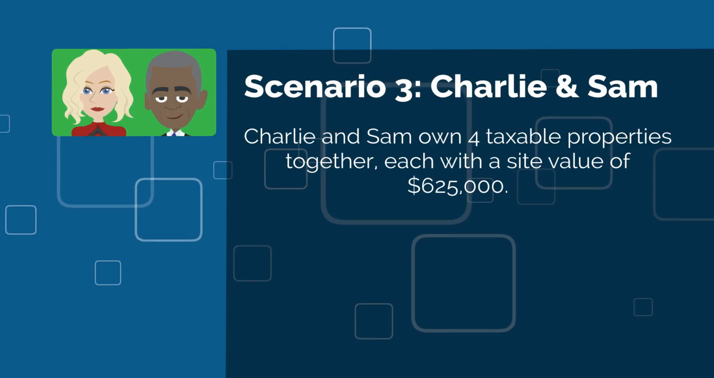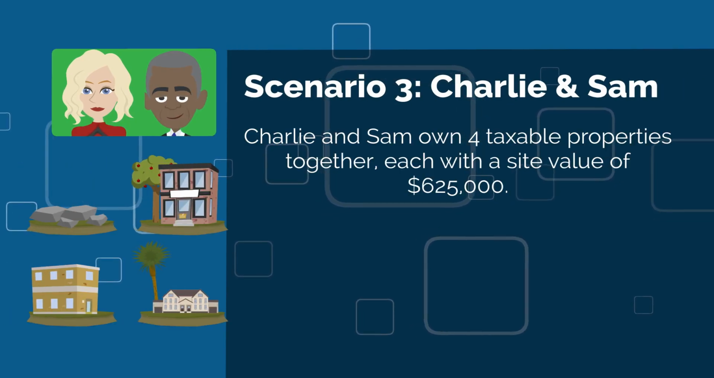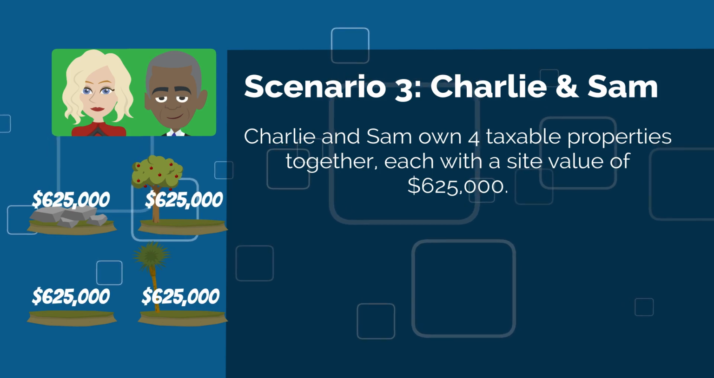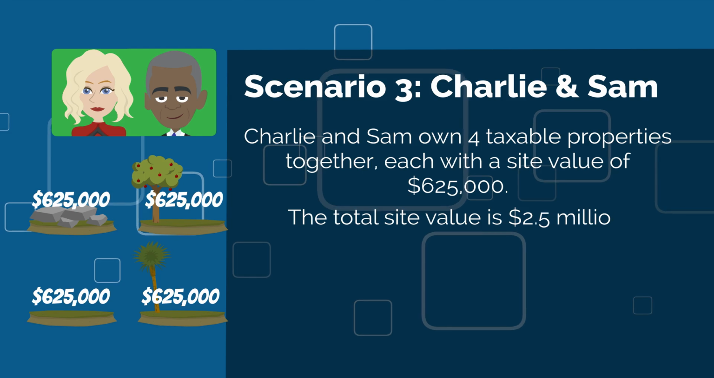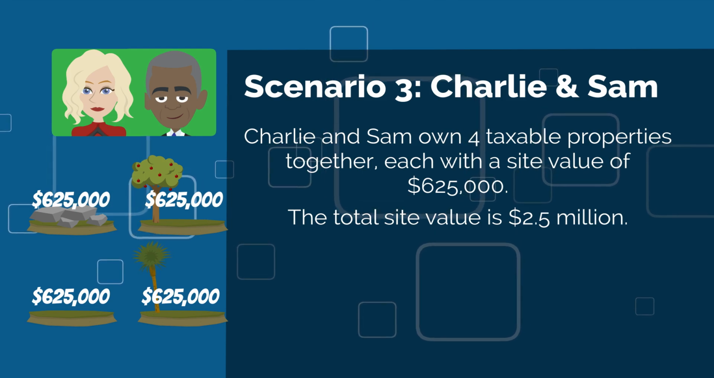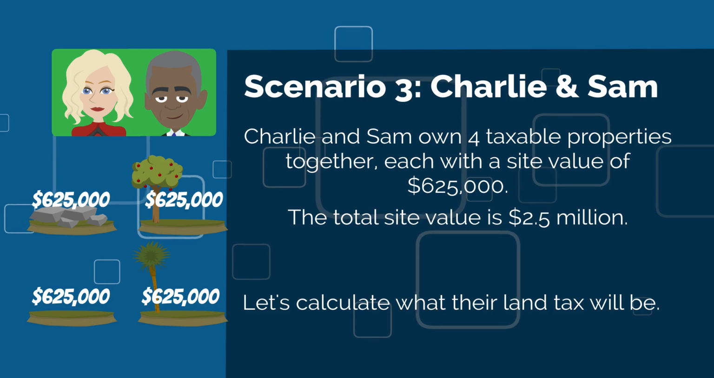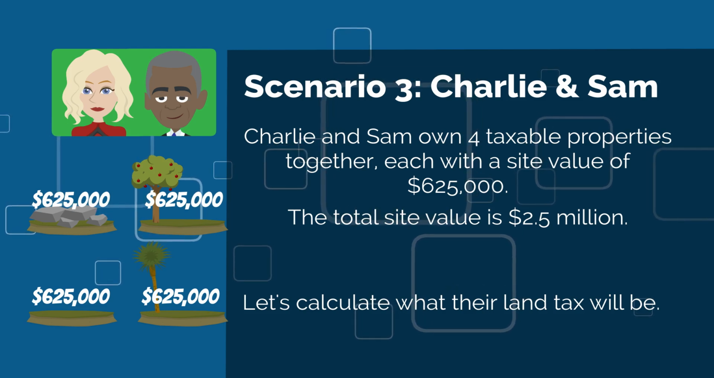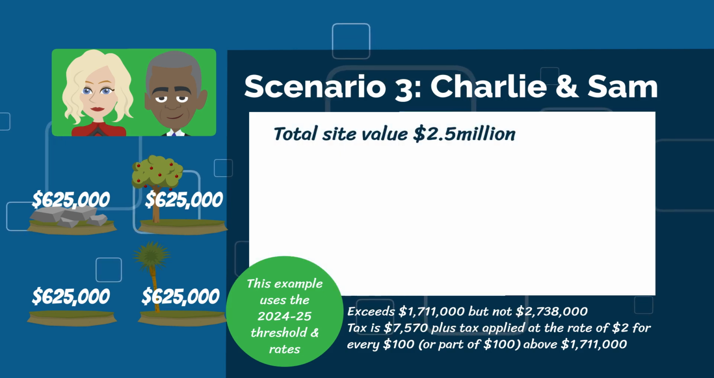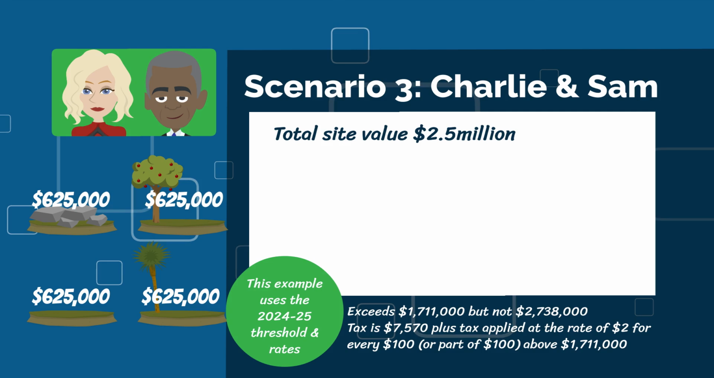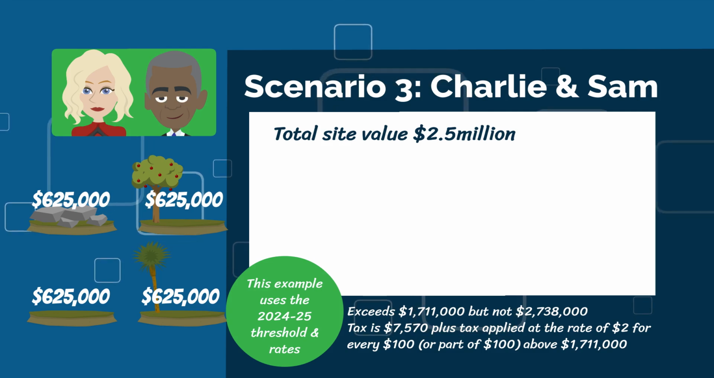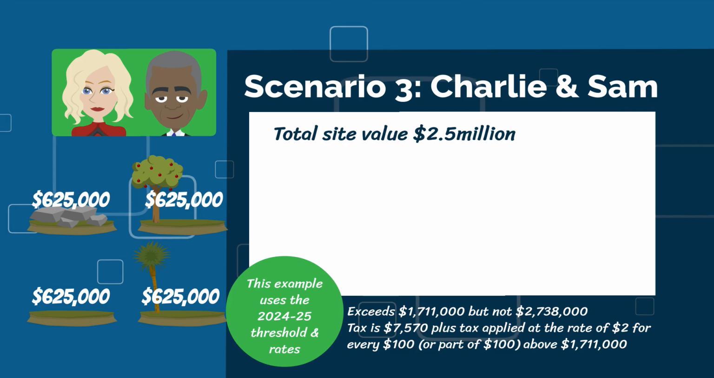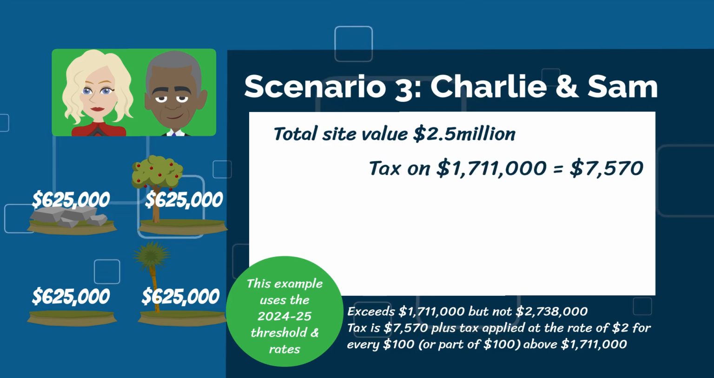Charlie and Sam own four taxable properties together, each with a site value of $625,000. The total site value is $2.5 million. Let's calculate what their land tax will be. Land tax is calculated on a total site value of $2.5 million, and is calculated as follows. Land tax on $1,711,000 is